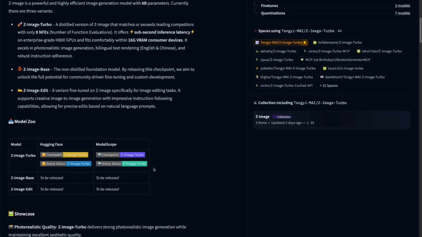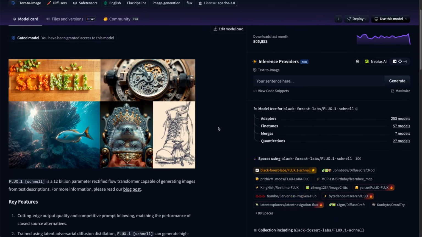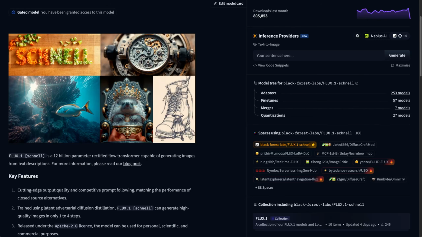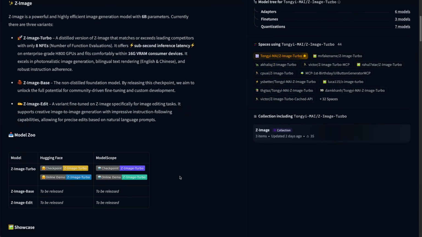I got super anxious because on Flux Schnell, when this came out, which is also a turbo model, I built a training adapter early on so that you could train this in AI Toolkit directly without breaking down the distillation. This was something I experimented with for a very long time. It took a long time to perfect it and get it just right. So when Z-Image-Turbo came out and they hadn't released the other models yet, I wanted to train this because